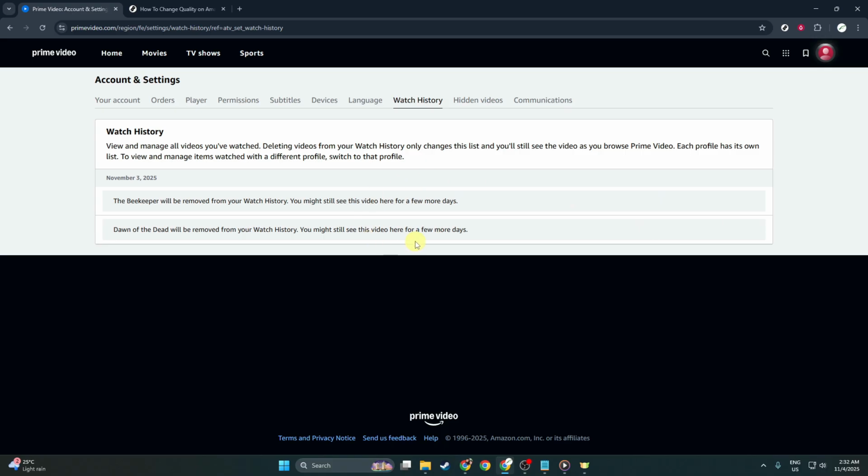Remember that clearing your watched history not only helps in organizing your account, but can also affect the recommendations Amazon makes for you. If you've cleared certain items you prefer not to influence your suggested content, the recommendations may better reflect your current interests. And there you have it, a simple and effective way to clear your viewing history on Amazon Prime Video. Keep these steps handy anytime you feel the need to freshen up your